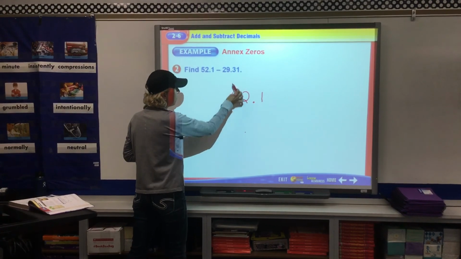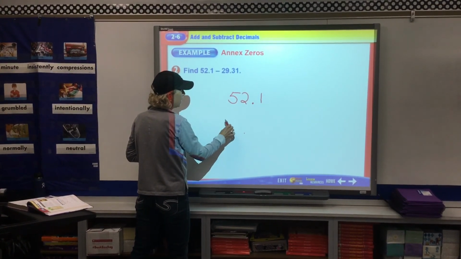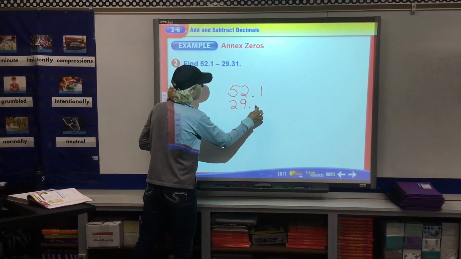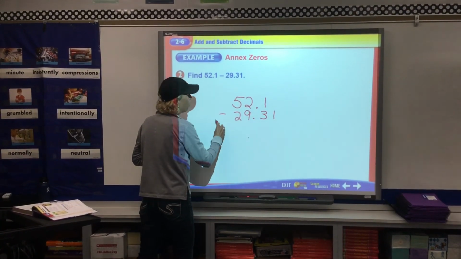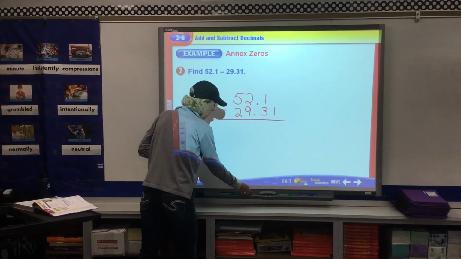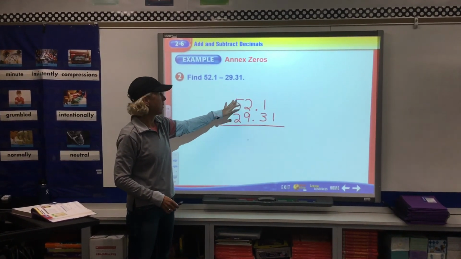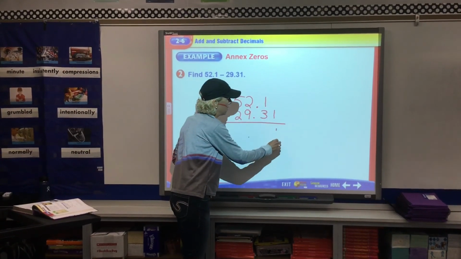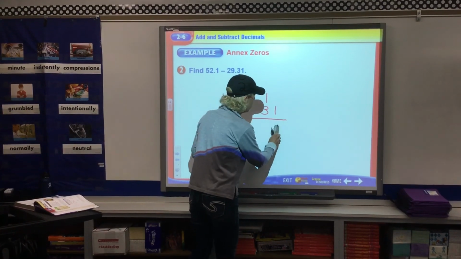And now, remember, we're going to line up our decimals using that decimal as an anchor and subtract 29 and 31 hundredths. I will tell you the most common mistake is made if you don't remember to annex a zero. Some people will look at this and they'll just bring this one straight down. That is the most common mistake. Don't let it happen to you,